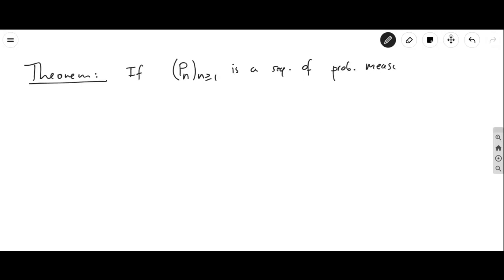Now we're going to state a theorem. And this is a general theorem. We're not going to prove the general theorem because that takes more work, and rather we'll prove the special case of this theorem that we're using. And the theorem says that if we have a sequence Pn that is a sequence of probability measures on the real line with the Borel algebra, then there exists